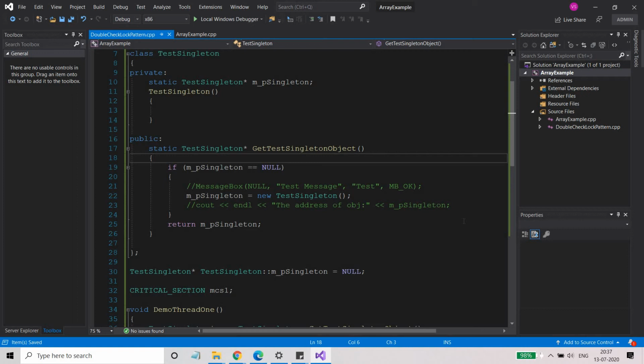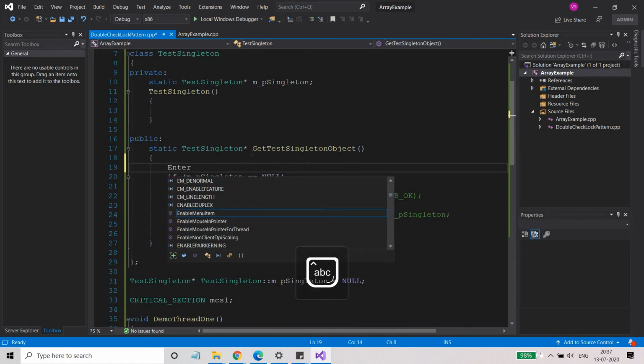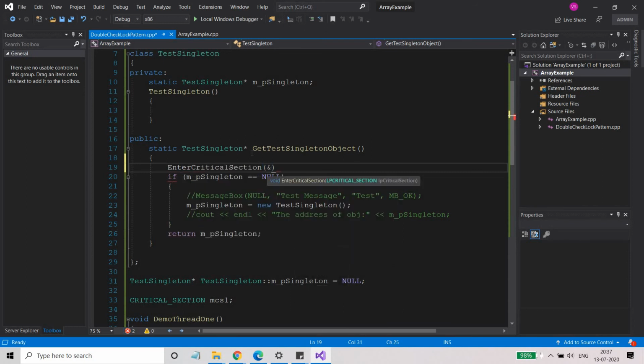Here, before I check this singleton object, I just need to enter the critical section. I just need to check if anyone else has entered into this critical section. If someone has entered into this critical section, then I will not enter here, right?